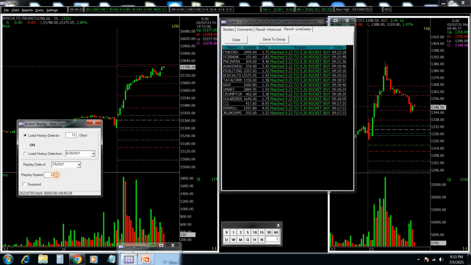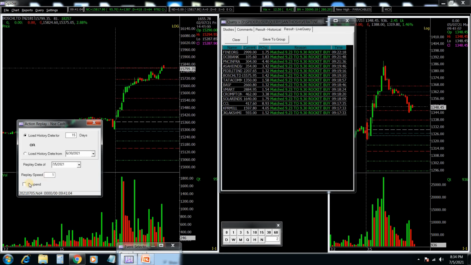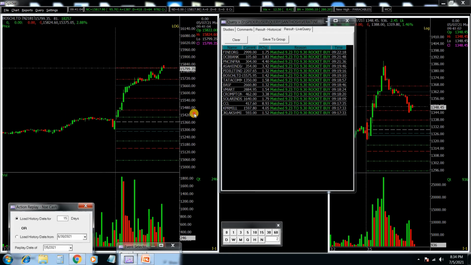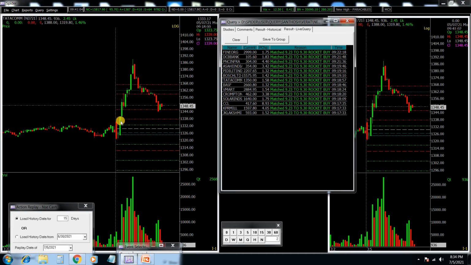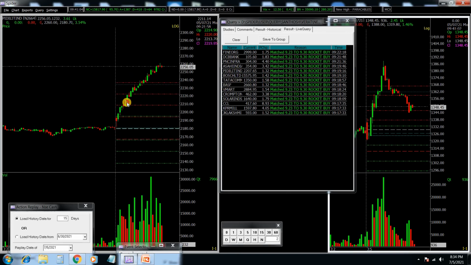Let us stop at 9:40 and see the result. Tata Communication, we entered at 1356 and it went to 1386, a 30 rupee movement, superb. Pidilite, we entered at 2210, a 50 rupee movement, more than 2%.